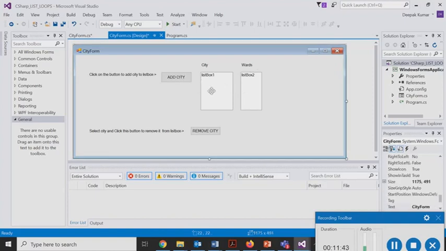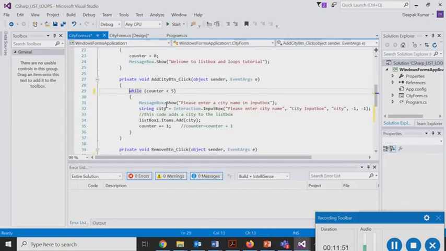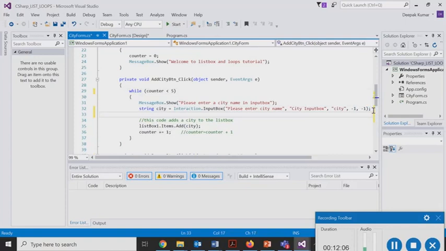So when we do that, we would just add another statement over here. When you say please enter the city name in the input box, and then you pick up that input into city, I'll copy paste the same code to create another set of code here, and this will capture the number of wards in a city.